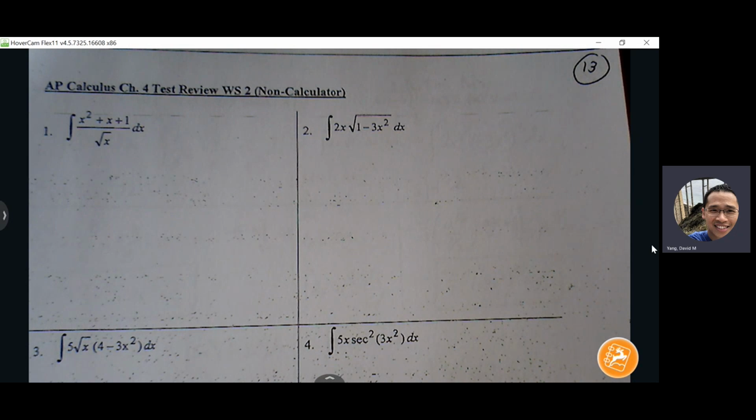Okay, page 13. We didn't get through any of this yesterday, right? We just did a little bit of the back page. Okay, so